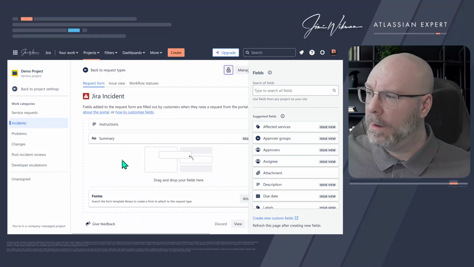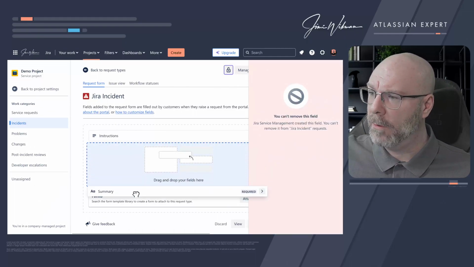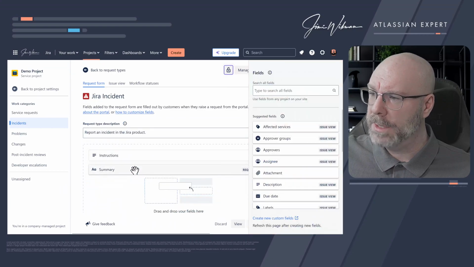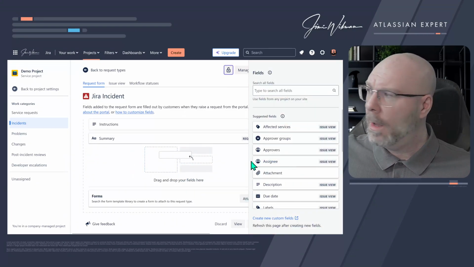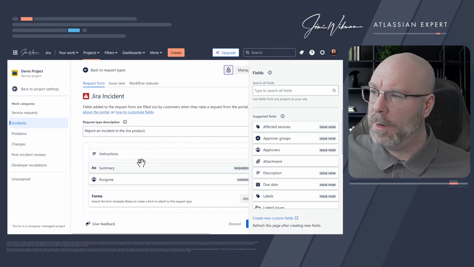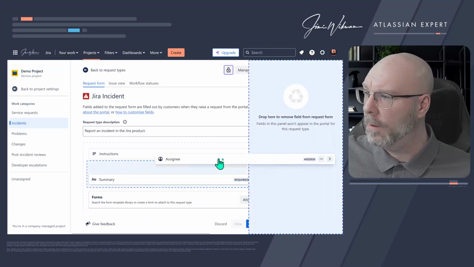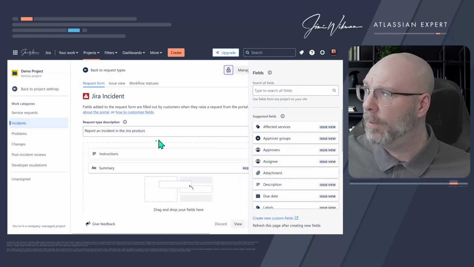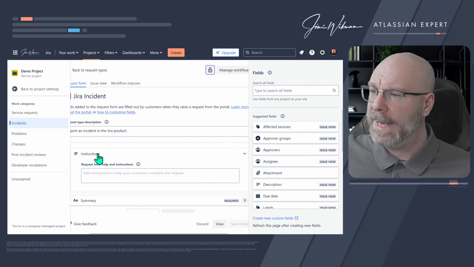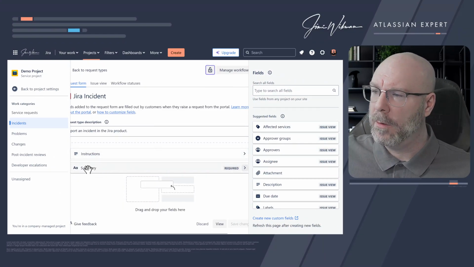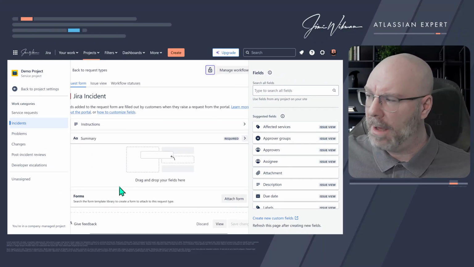So this one you can modify as you see fit. You can also drag and drop them where you want them if you want to change their order. So if we bring in assignee, for example, I can just do that, and I can drag it up if I want. And then I can basically build up my form if I want to use the form field. I'm not going to do that because I want to use instead the correct way that I feel that you should do it, and that is